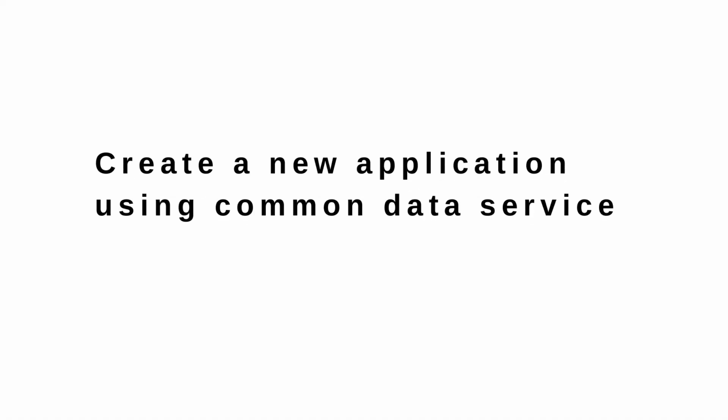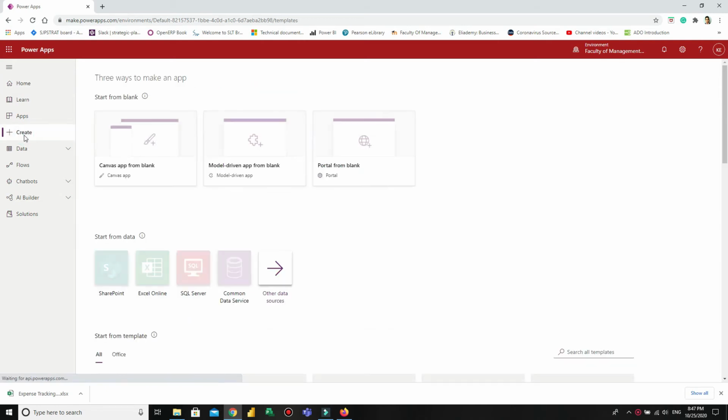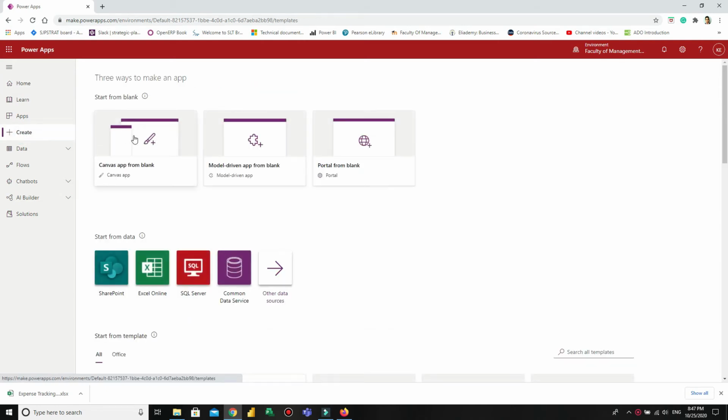Now we are going to create your new application using Common Data Services. You can click Create button in Power Apps homepage and then click Common Data Services.